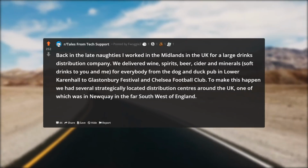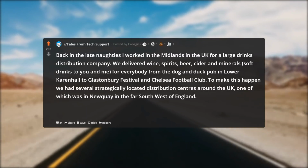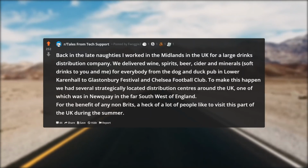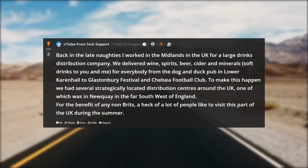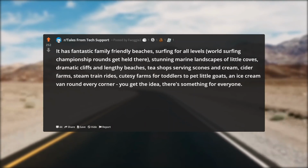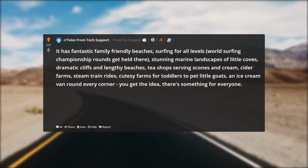To make this happen we had several strategically located distribution centres around the UK, one of which was in Newquay in the far southwest of England. For the benefit of any non-Brits, a heck of a lot of people like to visit this part of the UK during the summer. It has fantastic family-friendly beaches, surfing for all levels, World Surfing Championship rounds get held there,